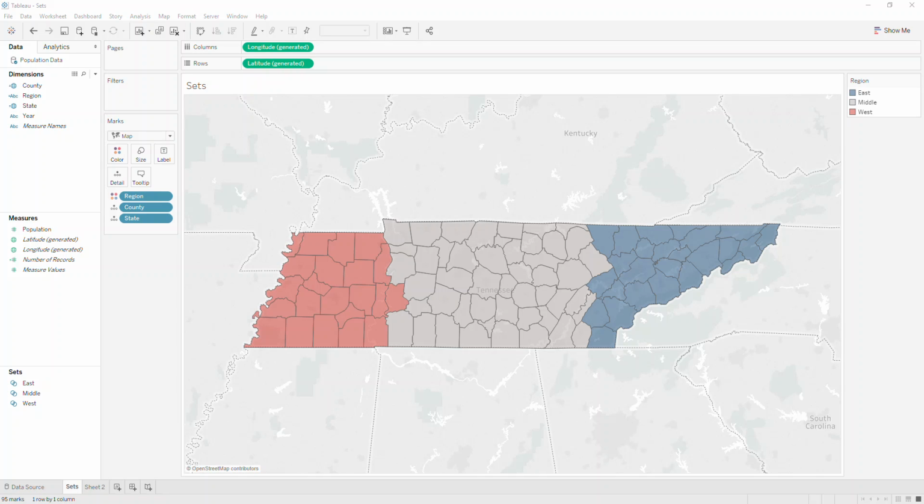Welcome to this module on sets in Tableau. In this module, we will go over what sets are, how to create them, and what you can use them for. So sets are a way that you can bin items together from dimensions or measures dynamically or by distinctly